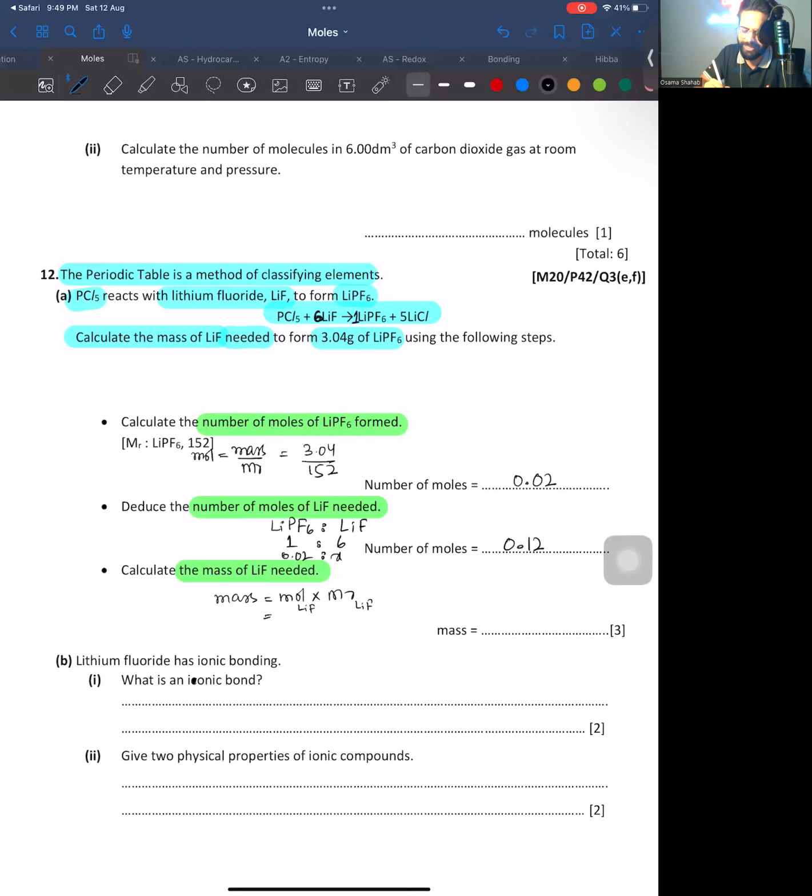So right now the moles of lithium fluoride is 0.12 and the MR of this is 7 plus 19. 7 plus 19 gives you 26. So the answer is 3.12 grams. Absolutely right, बच्चों, माशाल्लाह, good job, very good. सर अगर हम ग्राम्स नहीं लिखे होते तो आपने मार्क काटा होता? नहीं ऐसा नहीं है, we don't write यूनिट का मार्क नहीं है यहाँ पर इस वक्त।